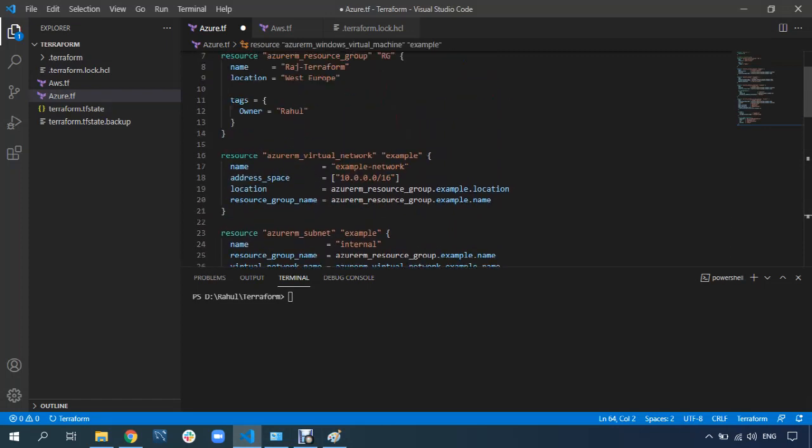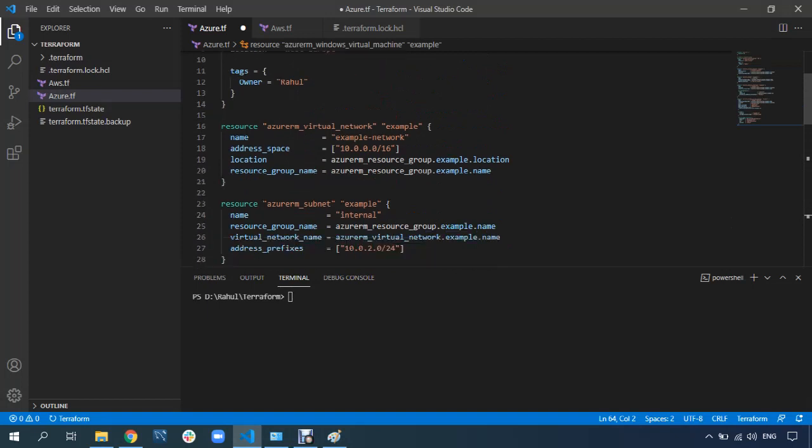Now see what all we are going to create. The resource group, you already understood. The next thing, we are going to create a virtual network, right? Let me give the local name of this virtual network as VNet, and the virtual network name would be Raj virtual network, and the address space I'm keeping as it is.